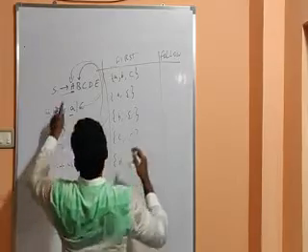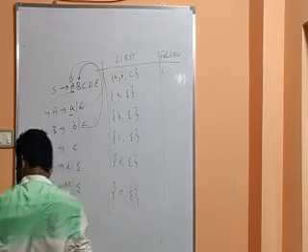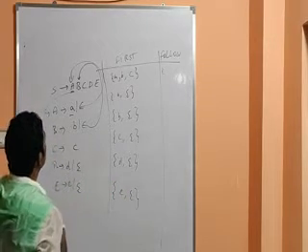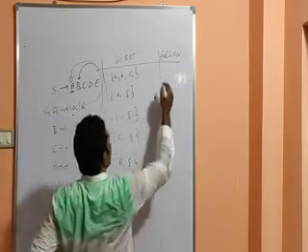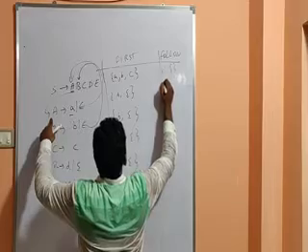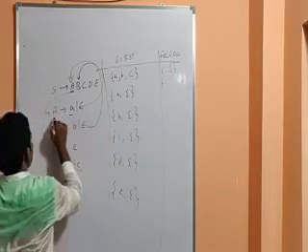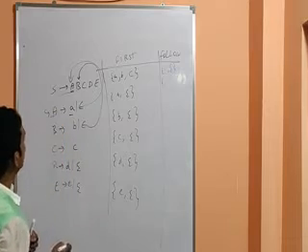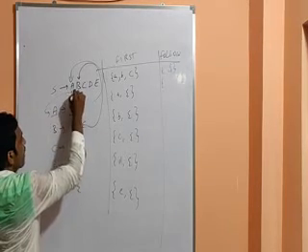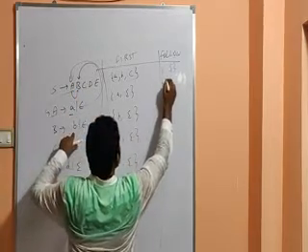So let us start. What is the first statement I have? Whatever the first statement is, simply write dollar. Next, capital A. First you identify where the capital A is. So here I have capital A. What is the follow of capital A? Capital B. Now come to the capital B grammar. What variable do I have? Small b. So I will write small b.